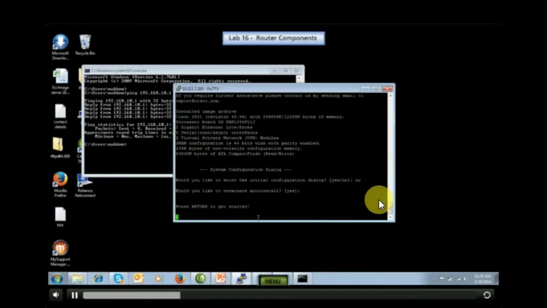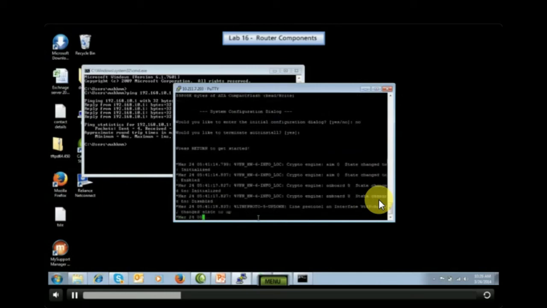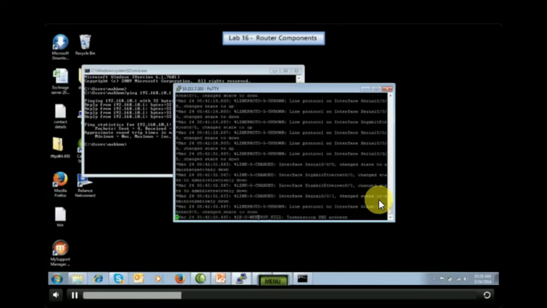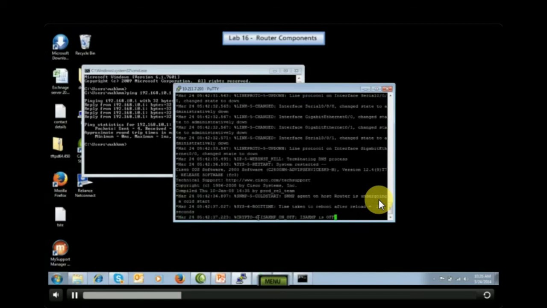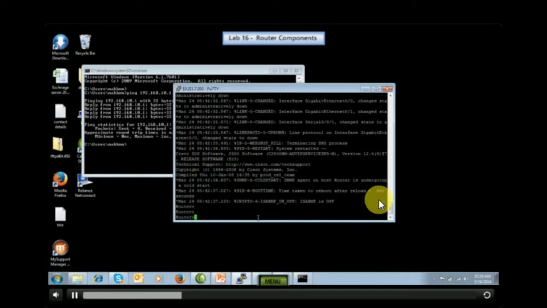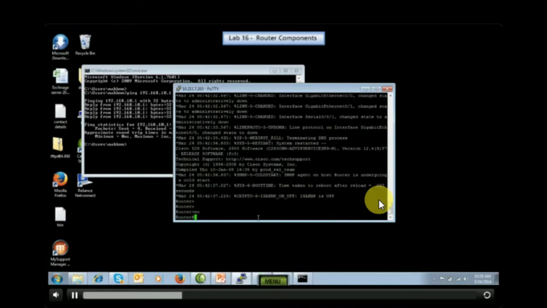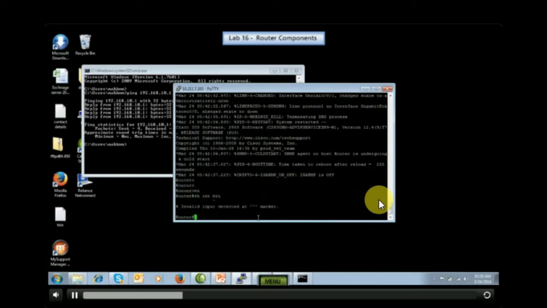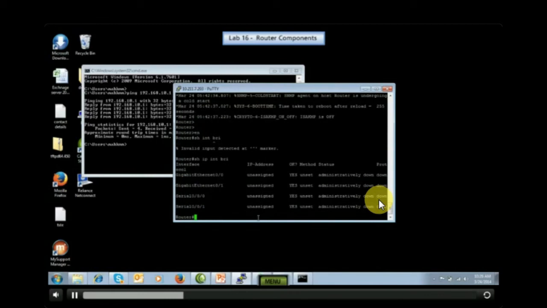Whatever values are available in the brackets are all the default values. Now you have entered the router, enable. I lost all the hostname configuration, everything. Show ip interface brief.